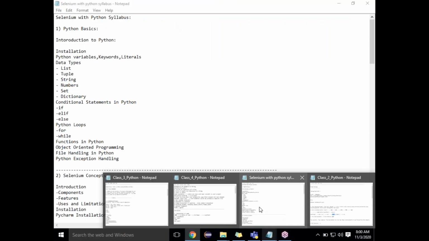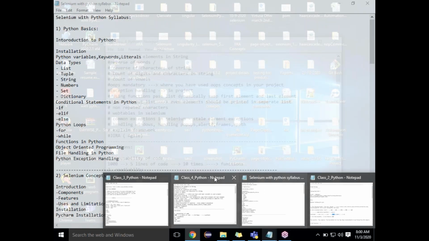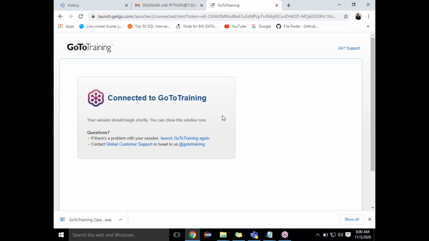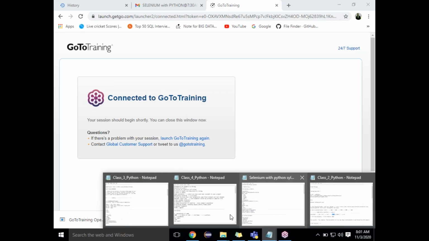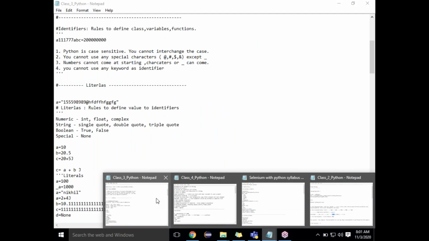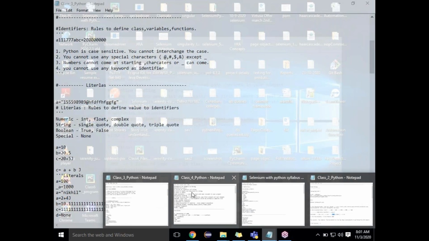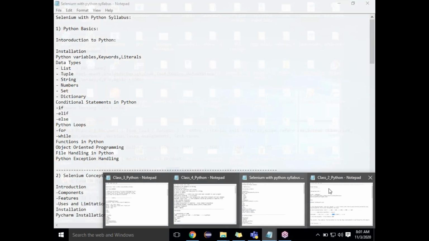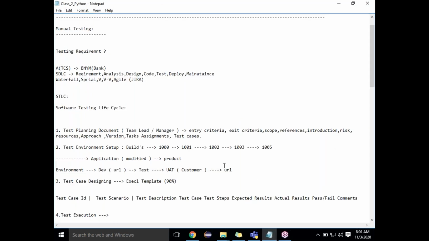And also, suppose you are doing any testing which is related to some device, you have to make sure that the device setup is ready. So all the environment, that means maybe an OS, maybe the device, or maybe the build which you are testing, whatever it is, everything has to be ready before you try to test that application.